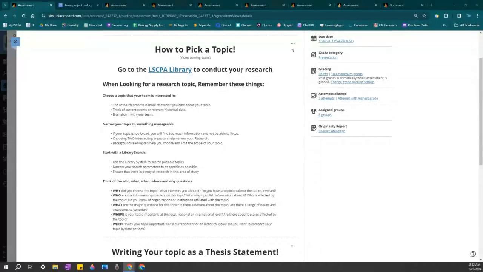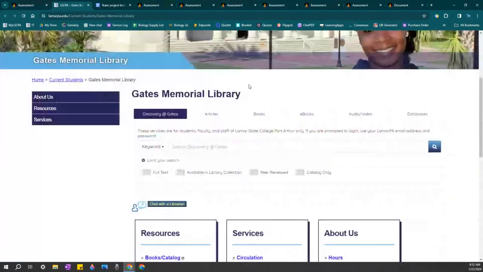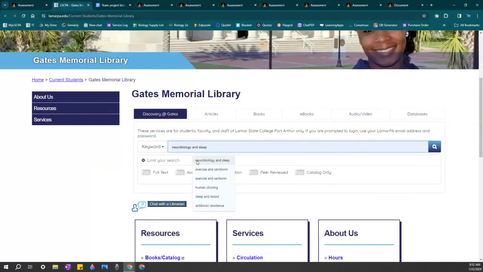Now, how do we pick a topic? Well, the first thing that we're going to do is go to the LSCPA library, and we are going to search for something that interests everyone in your team. In my opinion, it's best if we search two specific intersecting topics, such as neurobiology and sleep, or exercise and